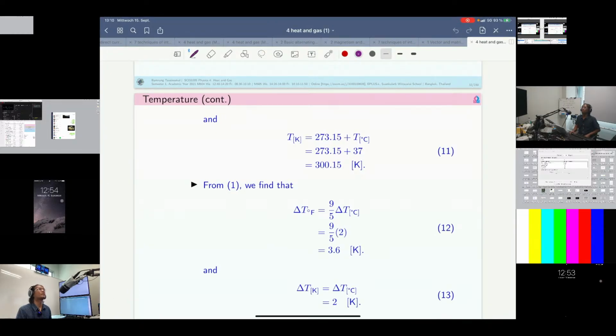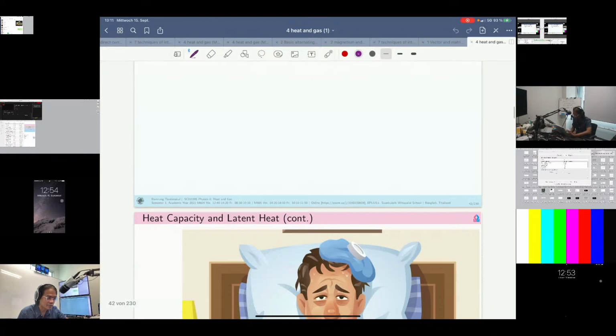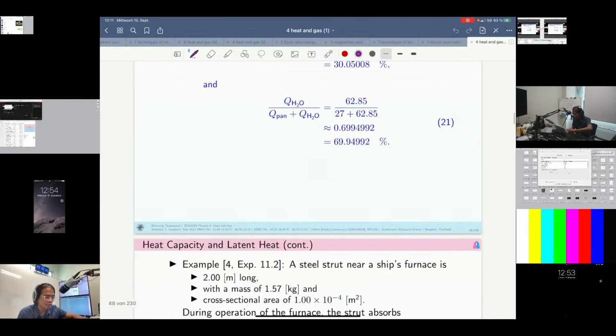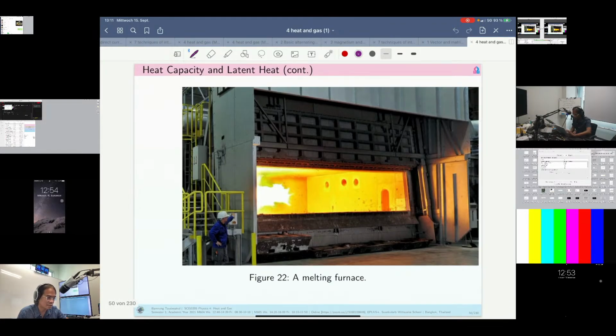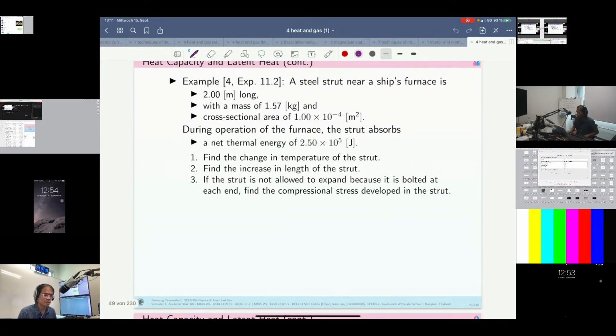Okay, here we will talk about Q = mcΔT, where m is the mass and c is the heat capacity. And we arrive at the problem: a steel strut near a ship's furnace is 2 meters long, and